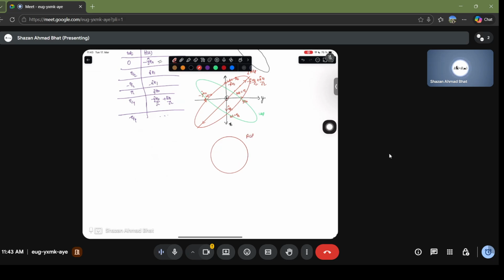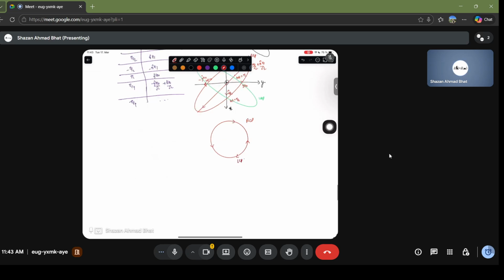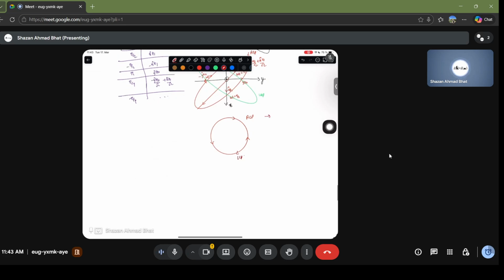Right circularly polarized in case you are going in this direction of the rotation, and left circularly polarized in case you are going in the opposite direction. So this is left circularly polarized. And another case is basically